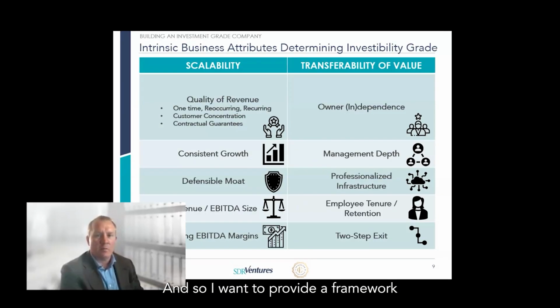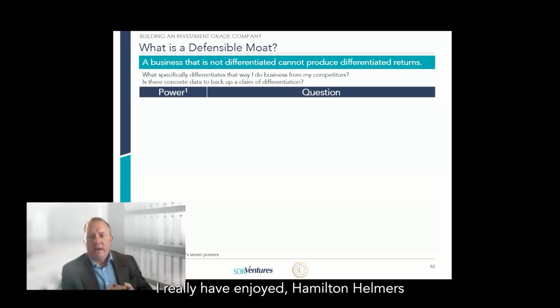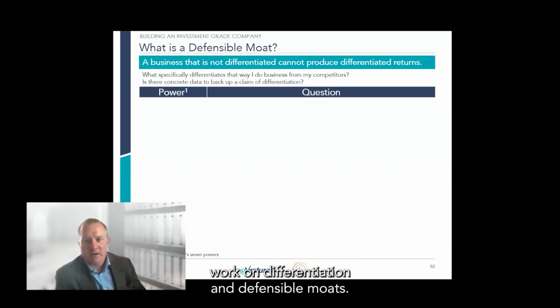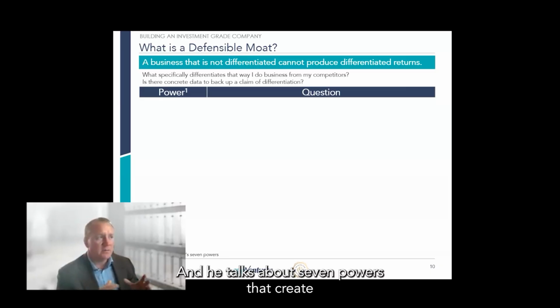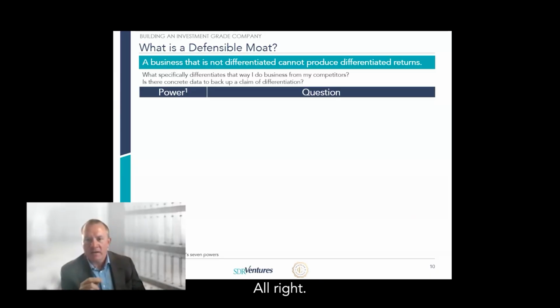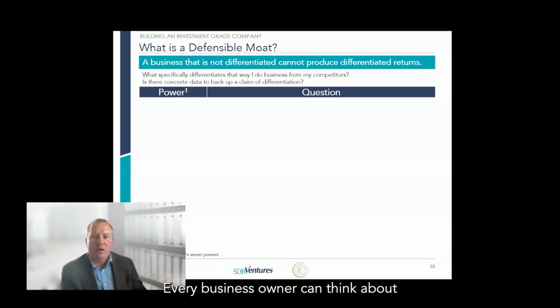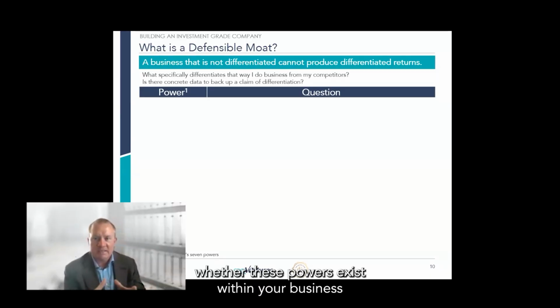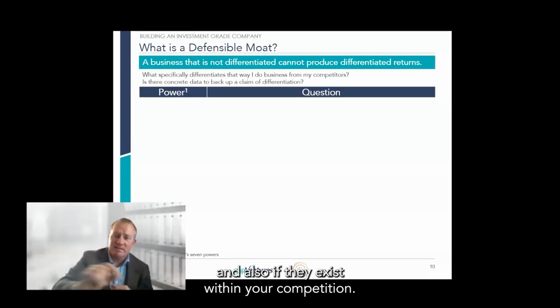And so I want to provide a framework for helping you think about some of those differentiators. All right. I really have enjoyed Hamilton Helmer's work on differentiation and defensible moats. And he talks about 7 powers that create differentiation and sustainable competitive advantage. All right. And so the cool thing about these is it's not just for the Fortune 500, right? Every business owner can think about whether these powers exist within your business and also if they exist within your